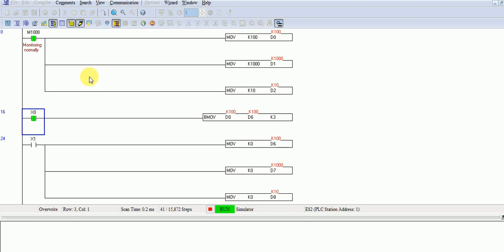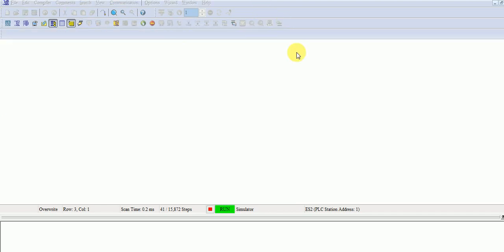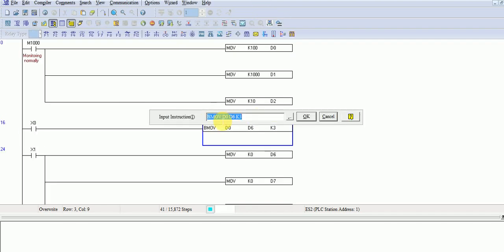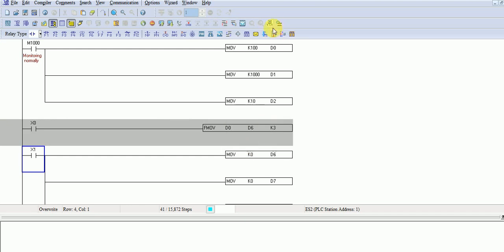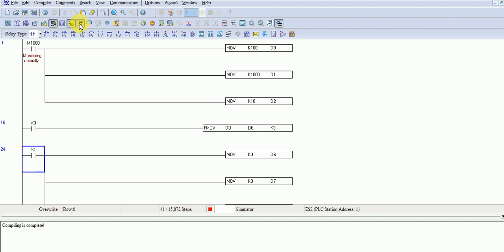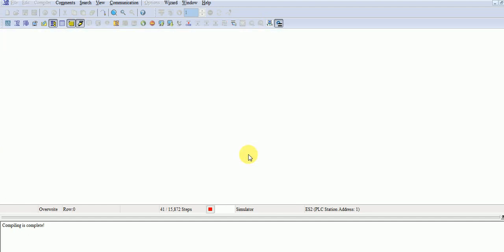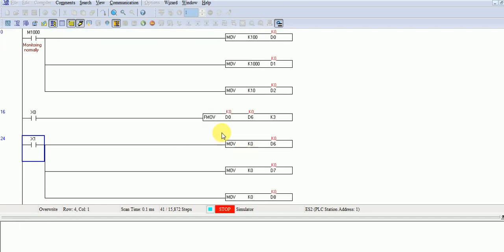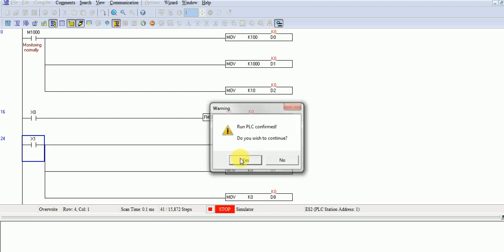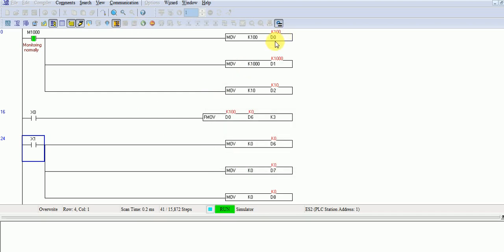Now I take the other example. I change it to F, file, and click OK, and again compile the program and simulate it. Run the PLC. This time D0 has K100, D1 has 1000 and D2 has K10.